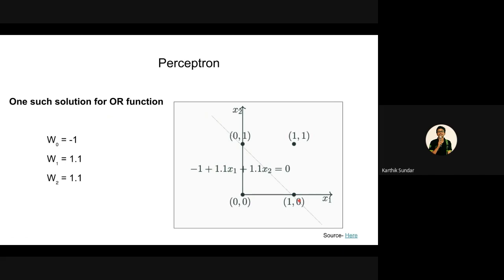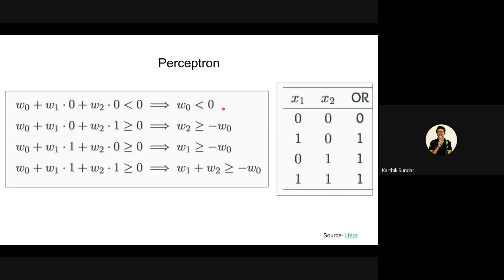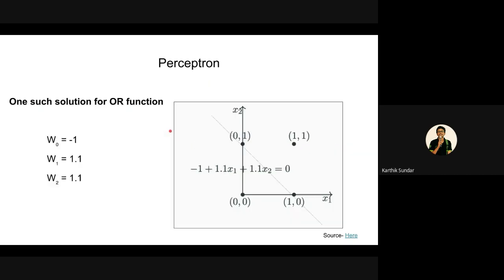And as you can see, whatever points lie above the line are positive, that is 1, and whatever points lie below the line are negative, or 0. So this is what a perceptron does again. Similar to an MP neuron, but here we have different weights, so it can denote any line.